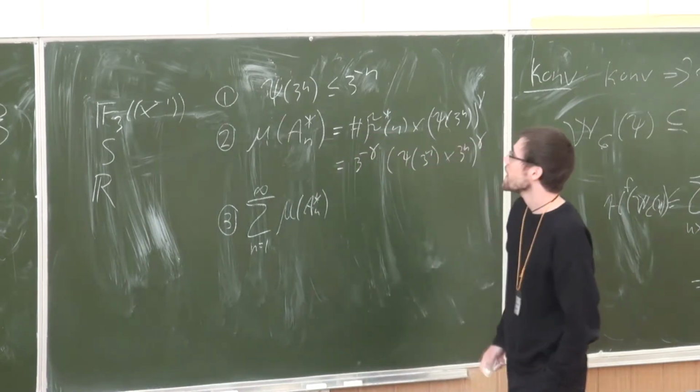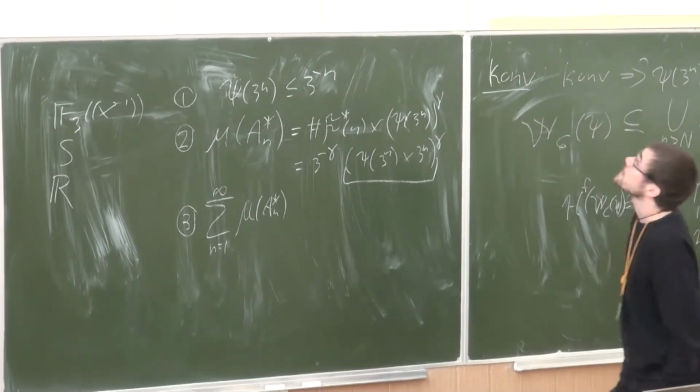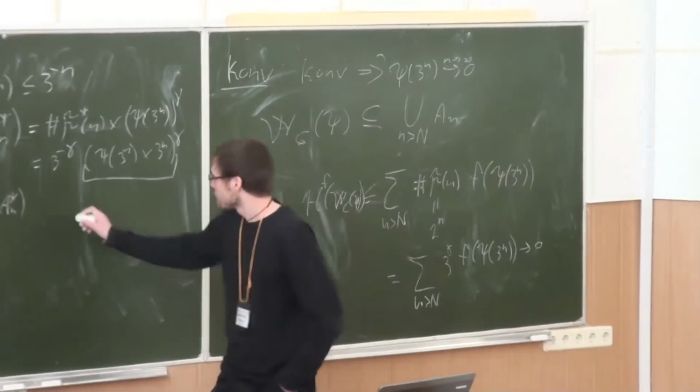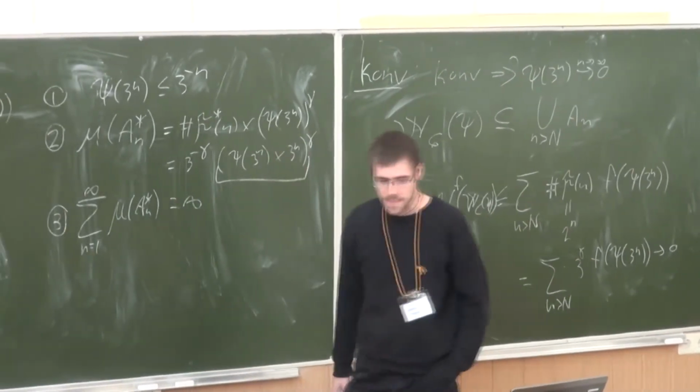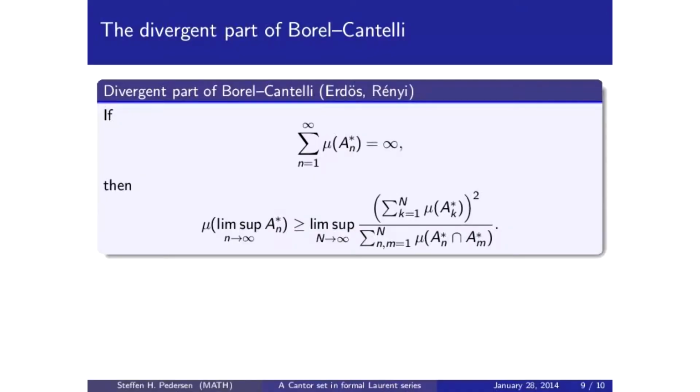Measure. But we have this, and we recognize this term as the one we have assumed to diverge. So this is simply infinity. This enables us to use the first part, or the divergent part, of Borel-Cantelli. So we have the sum diverges, so we need some control of how the mu of Am star and An star